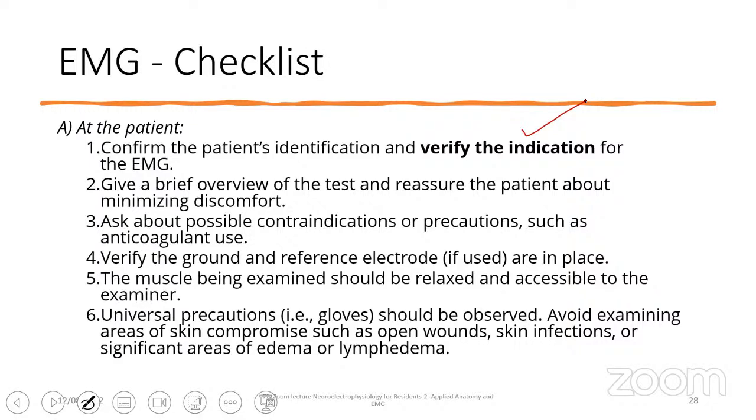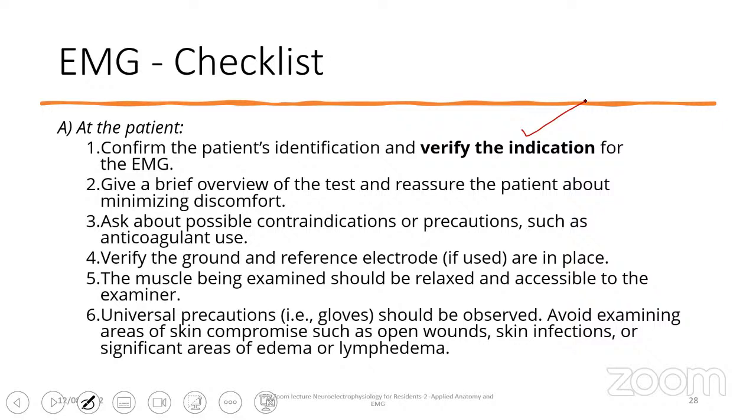If you are dealing with a neuropathic condition, then you should look for fasciculations and various insertional and spontaneous active potentials which you are going to study. So give a brief overview of the test to the patient and reassure the patient about minimizing discomfort. There will be discomfort, but we have to tell him that we are going to look into that,